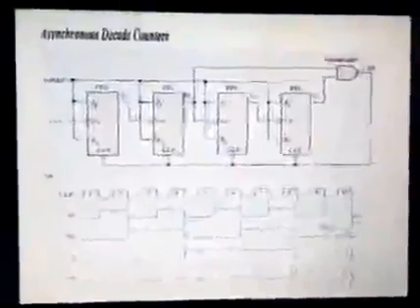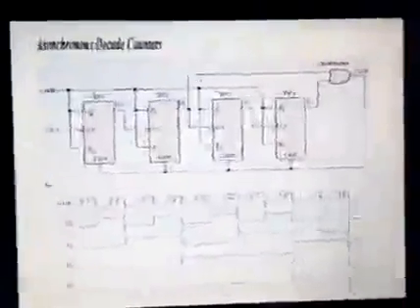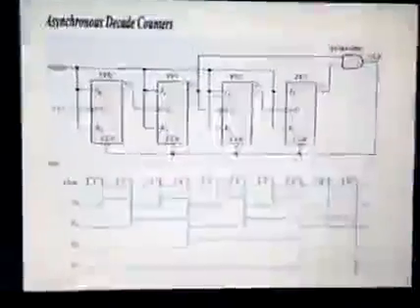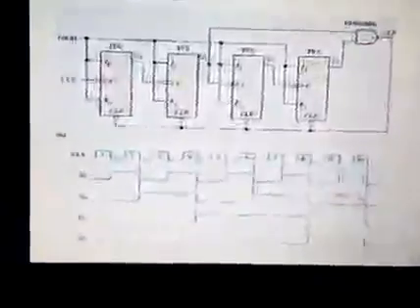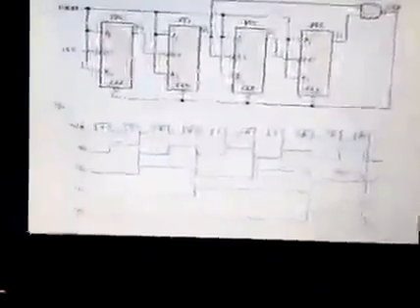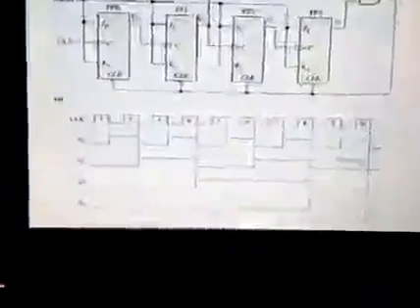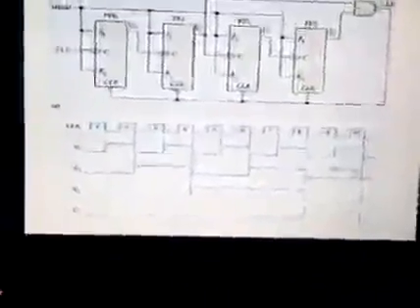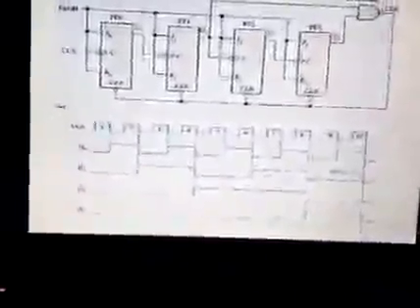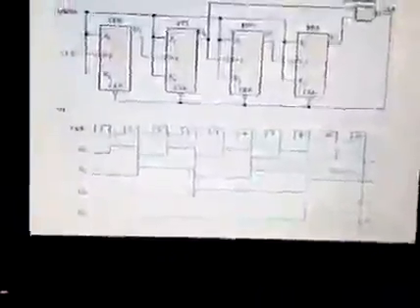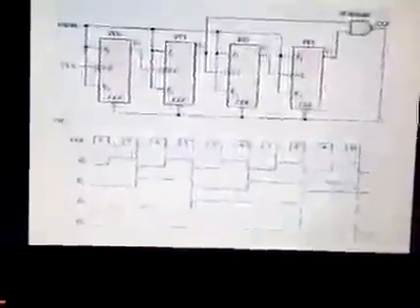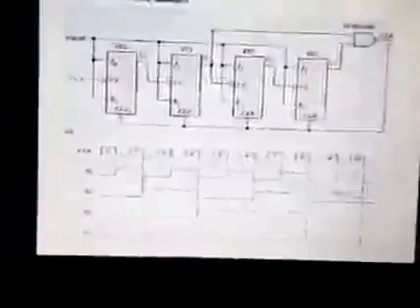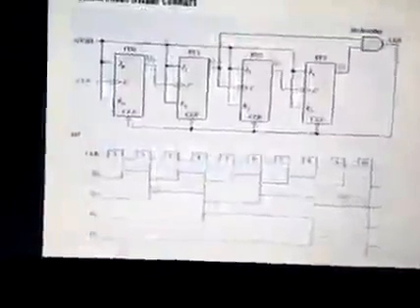after the counting of 10. So here a NAND gate is connected to flip-flop 4 and flip-flop 2. Let us see the clock diagram. It totally counts 10 counts. The output of flip-flop 1 is Q0, output of flip-flop 2 is Q1, output of flip-flop 3 is Q2, and output of flip-flop 4 is Q3. The gate is connected to clear. When it gets a clear, all the flip-flops go into a reset operation.